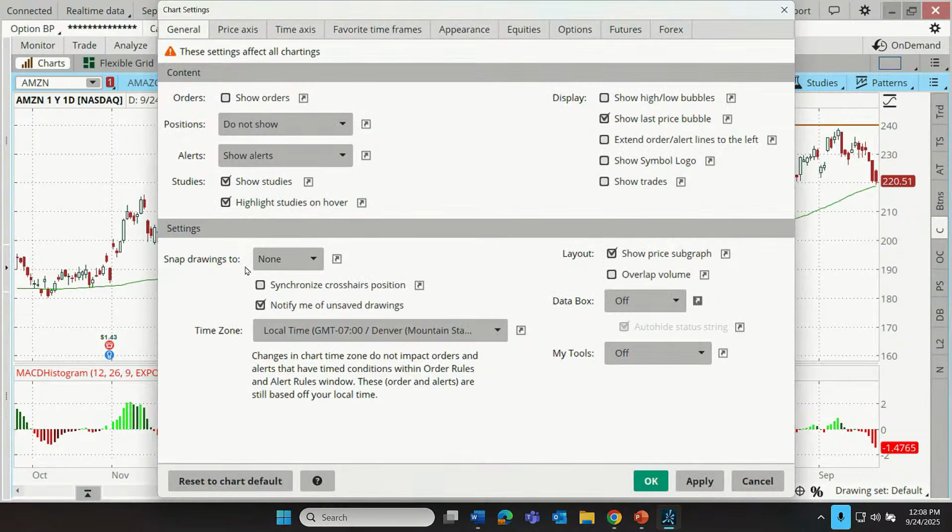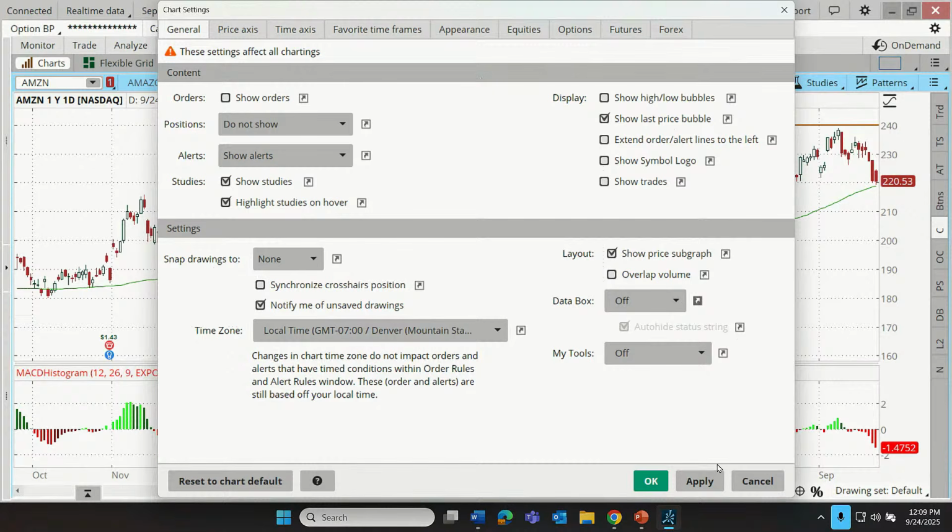Now, for some of you, the top 4 or 5 functions here on the general tab, probably not some huge revelations, but let's go on down here. And I think this is where eyes are going to start to open, even for those veterans here. Snap Drawings. I'll tell you what, when I first started using Thinkorswim, I liked nice smooth drawings. When I'm making a drawing, I don't want it to move around on me, but it was jumpy. It was really jittery. Here's what I'm talking about.